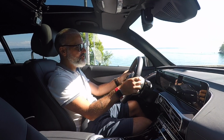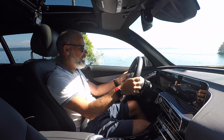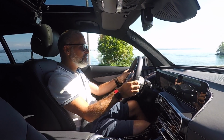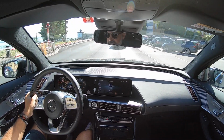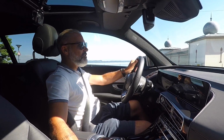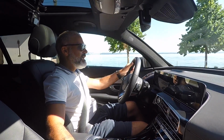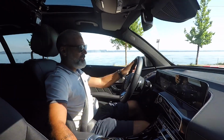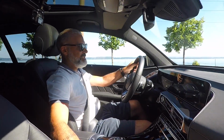Of course, you have all the driving assistance available in this car. The adaptive cruise control, the lane assist, the blind spot on the side mirror. I like this Mercedes EQC a lot. Would I buy it? If I were a Mercedes customer, I would strongly consider it, and if I were attracted by EV, of course, I would stay within the brand and purchase this EQC because it's got everything a Mercedes driver wants in a Mercedes. The familiar...